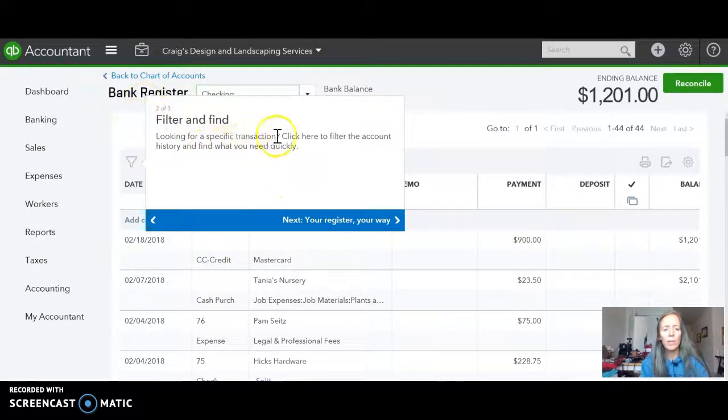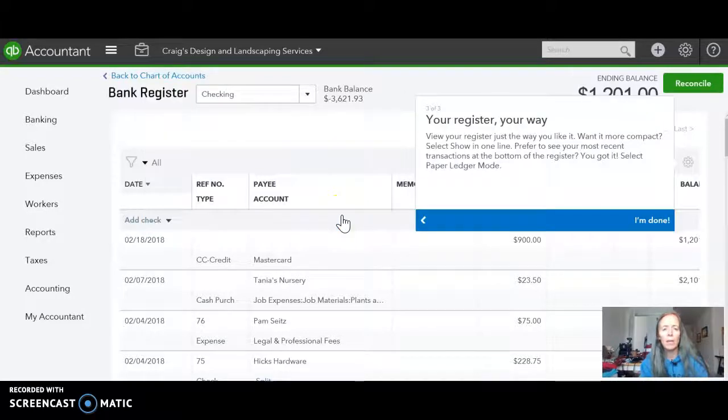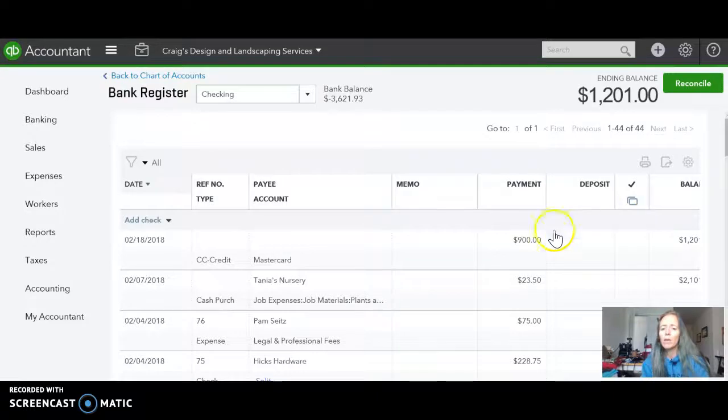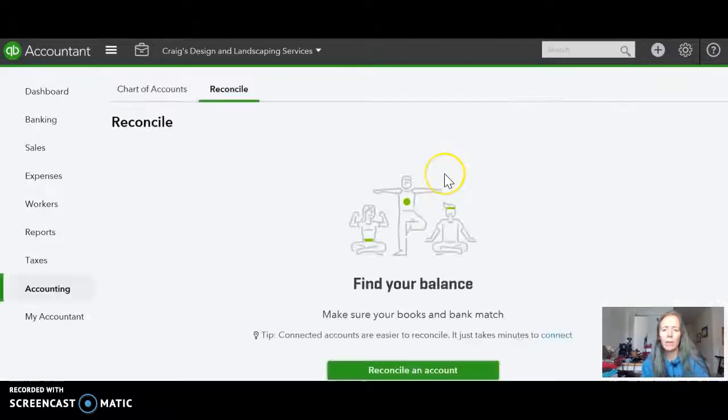Just quickly read through it and see if anything is setting up filters and making it look the way you want your register to look. If you look up in the top right hand corner, there is a Reconcile button. You would click on that,